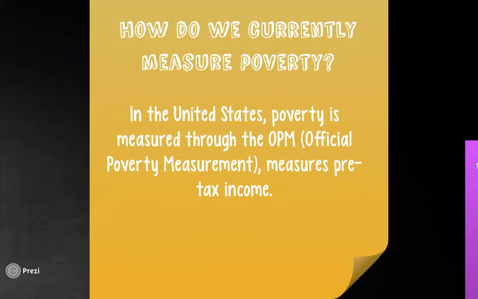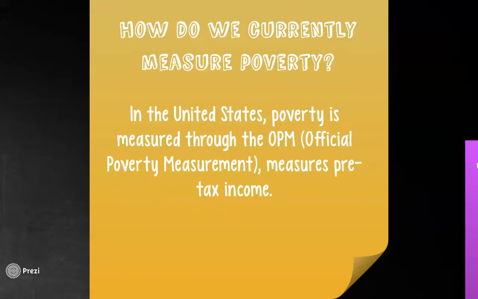Currently, poverty is measured by the OPM. Using the OPM, around 50 million people in the U.S., about 14.5% of the population, are currently living in poverty. According to the U.S. Census Bureau, someone is below the poverty line if their income is below 3 times the cost of a minimum food diet in 1963. Income is measured by a person's gross annual pre-tax income. Cash benefits like TANF, temporary assistance for needy families, and workmen's compensation are included in this measurement.